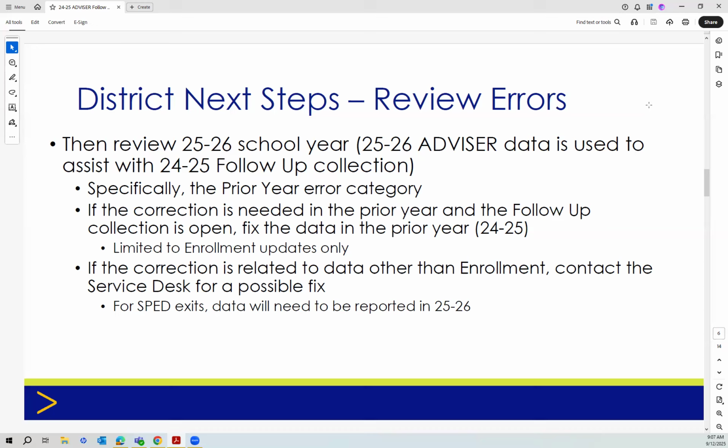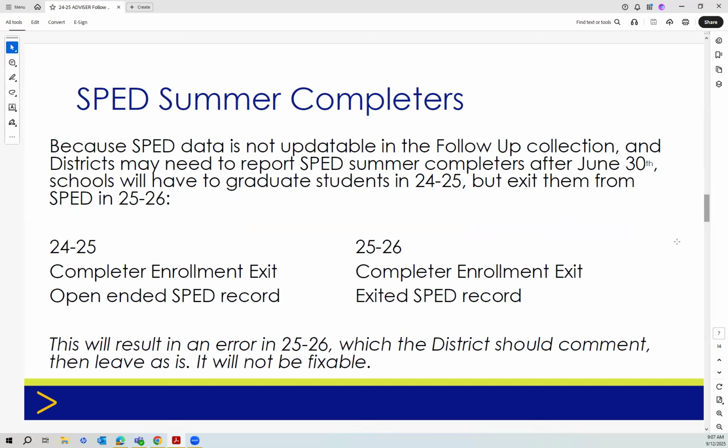For SPED exits, data will need to be reported in 25-26 because that's a hard close on June 30th for SPED. SPED summer completers, we kind of started this a couple of years ago because that is such a tough window. And that's because the federal reports are due from the state shortly thereafter. And so they have to have time to make sure everything's taken care of before they pass it on to the federal level. Because SPED data is not updatable in the follow-up collection,